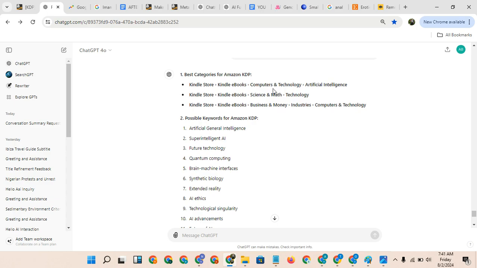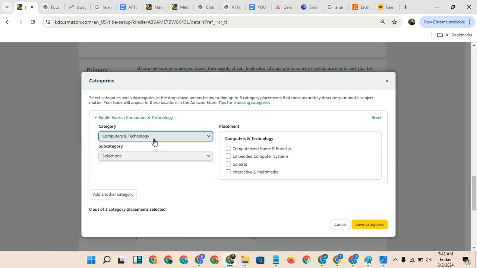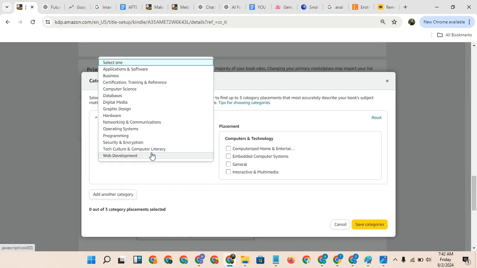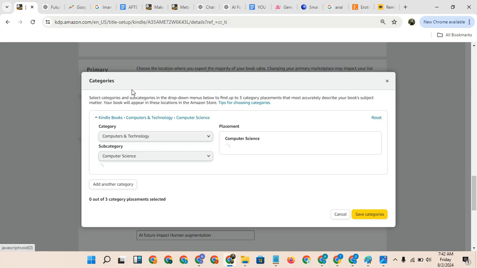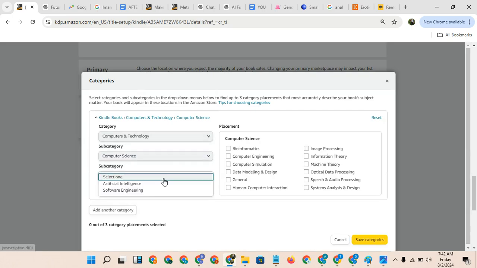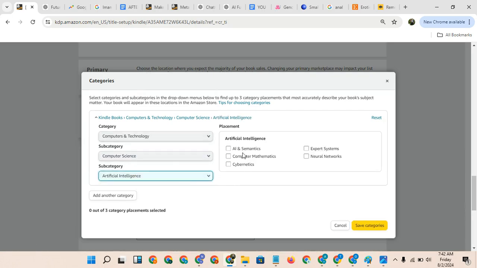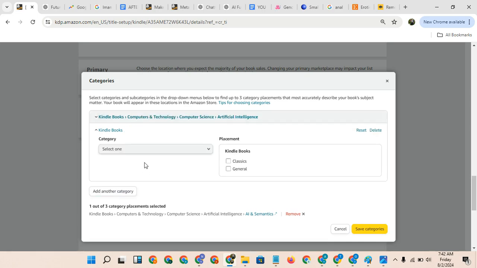You can see Kindle, computer and technology, artificial intelligence. Under science, I do technology. Under business and money, I do industry, I do computer technology. I know when I'm publishing the Kindle version, I won't see it like this, so I know how to navigate it. It makes me understand and know where to go and pick. So under artificial intelligence, under computer science, I pick artificial intelligence, and I pick AI. Then next I go to